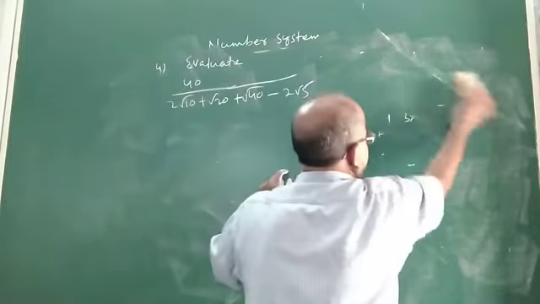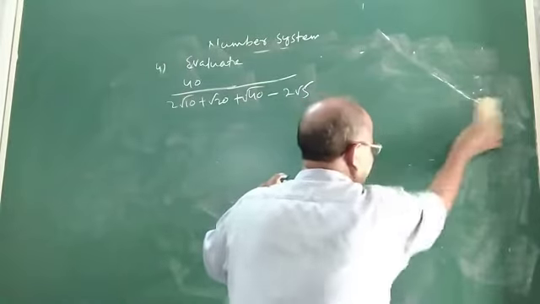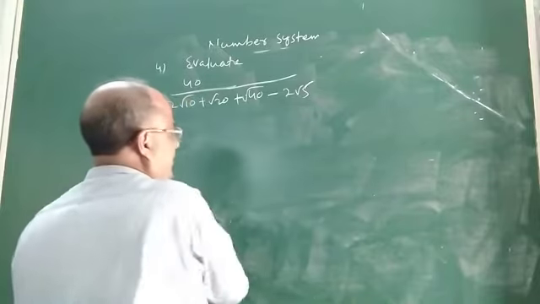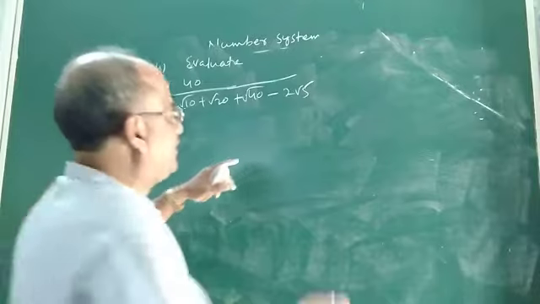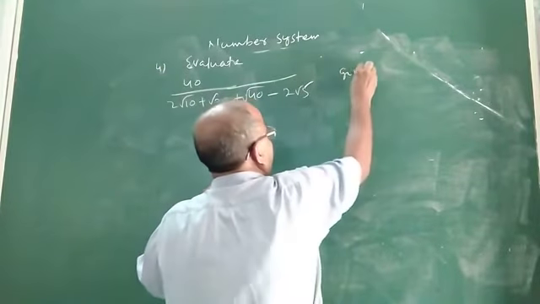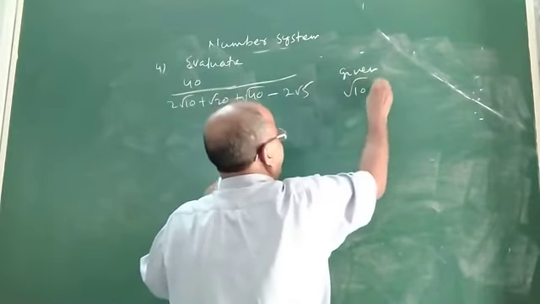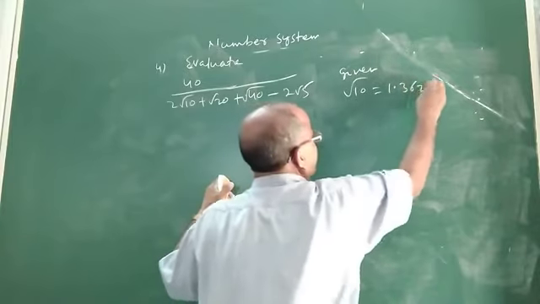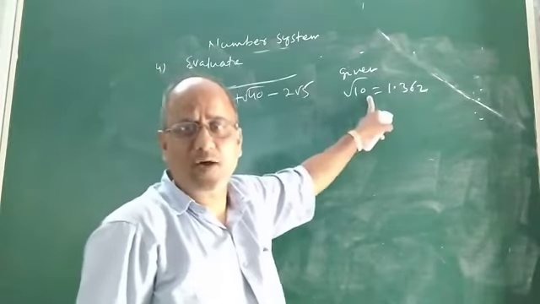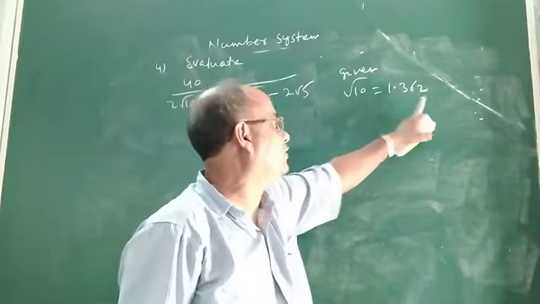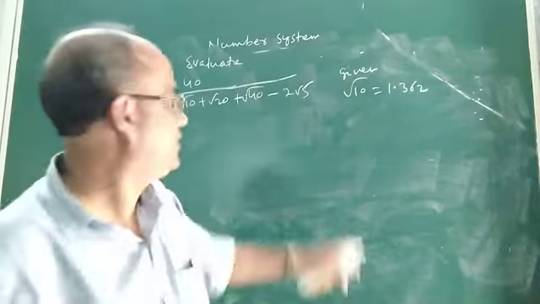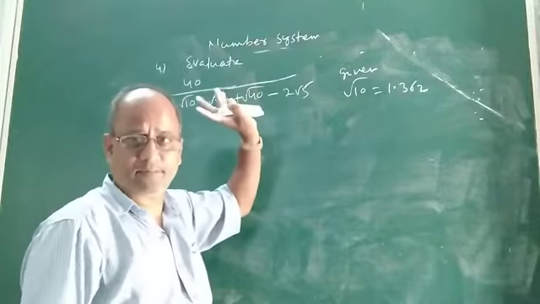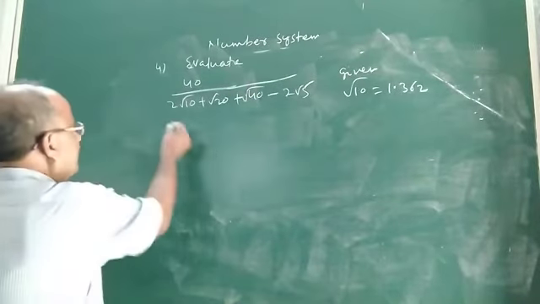See, this expression is again an irrational number. We have to evaluate this. It is given that the square root of 10 is 3.162. Okay, it is given, the value of root 10 is given. Now you evaluate the value of this expression. So how to do? Let us see.